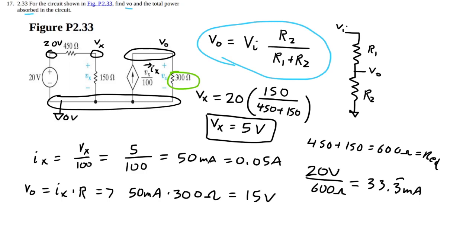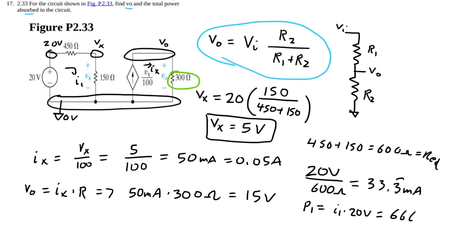Okay, so that would be, let's call that I1. And since we know I1 and the voltage drop across it, P1 is going to be I1 times 20 volts. So that times 20 is going to be